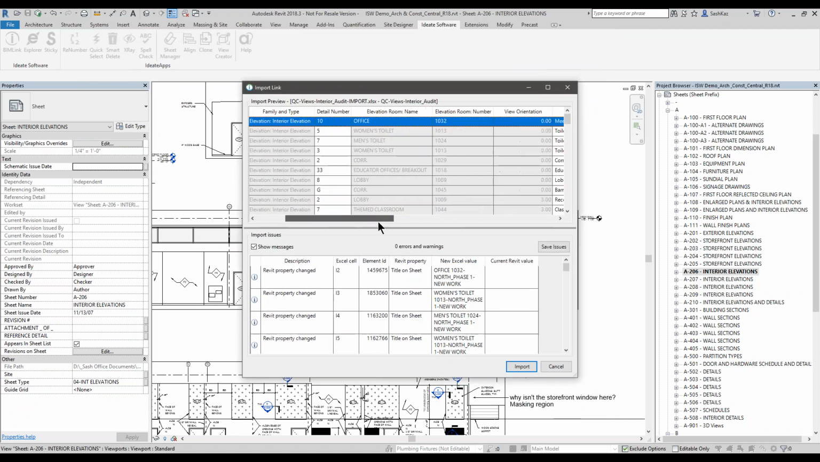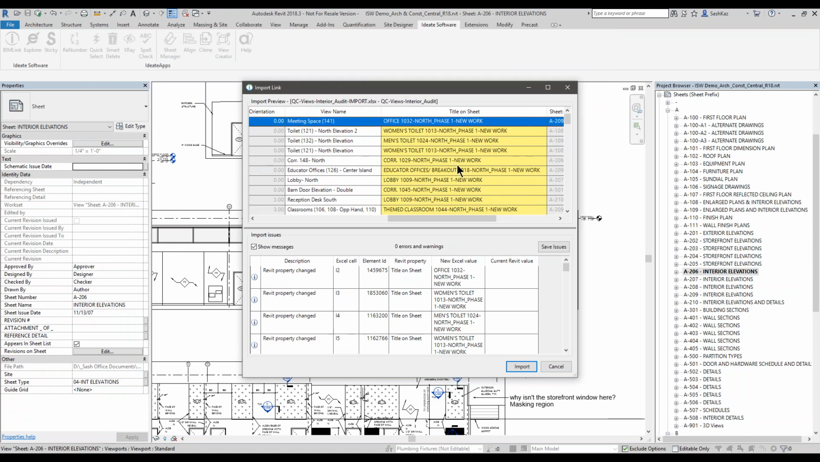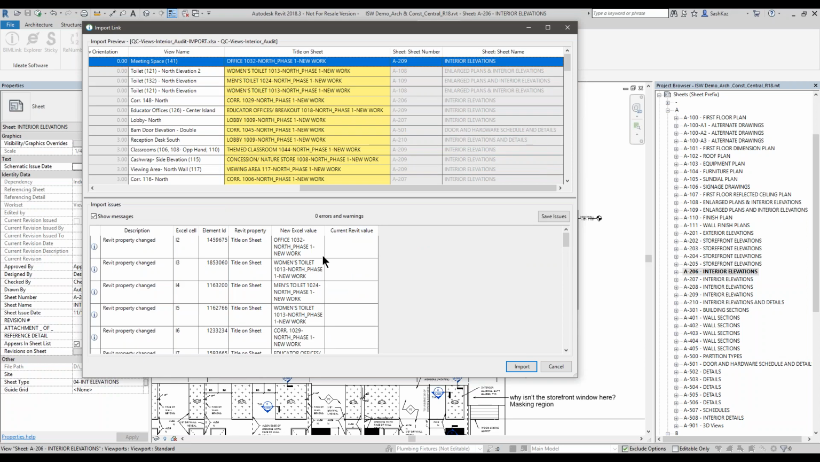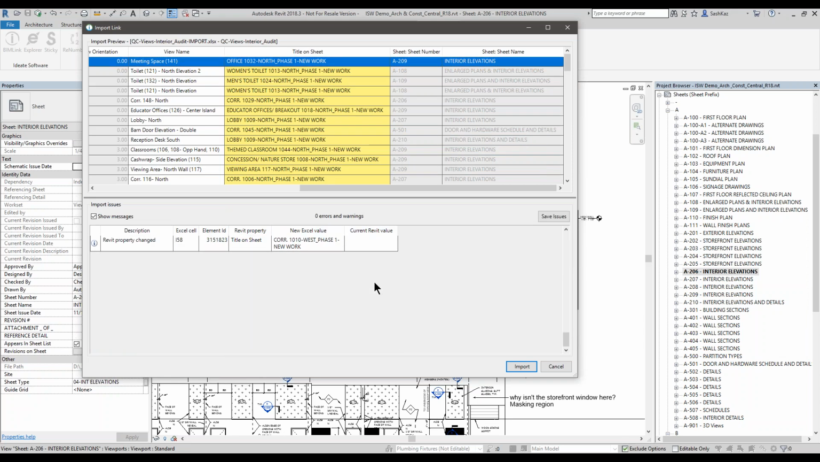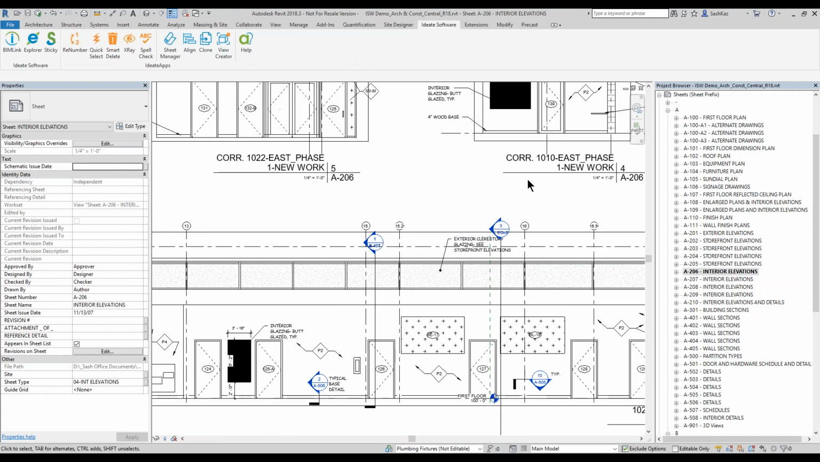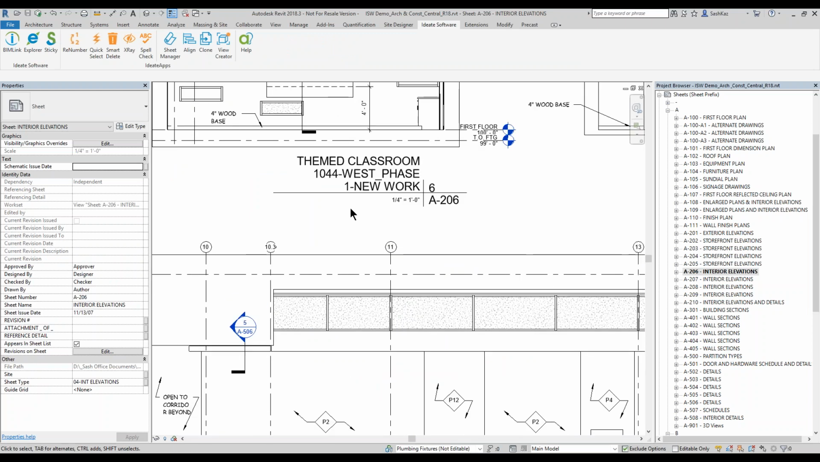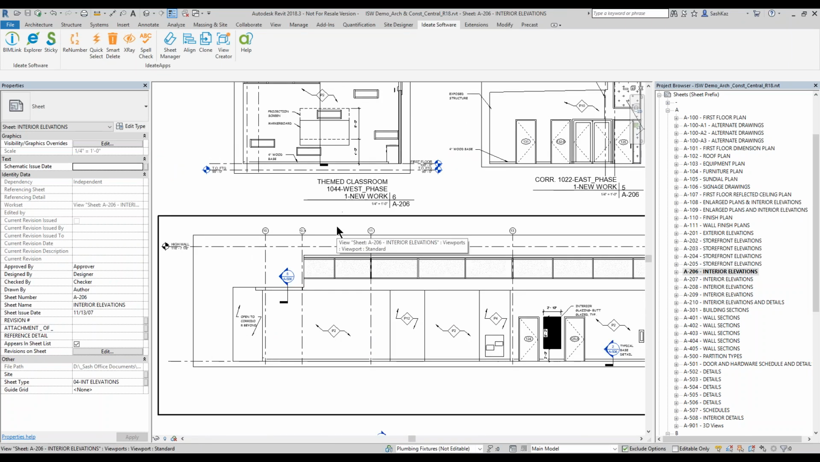Right here in BIM Link, it reports everything that has been changed or updated. You can see all of these interior elevations can be renamed really quickly, and down here it reports no errors or warnings. The current value in Revit is blank because none of these were filled out, and these are going to be the new names. When I go to import and close, take a look at this. All my interior elevations have been named based on the way I did the concatenate